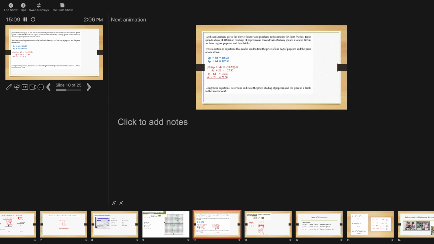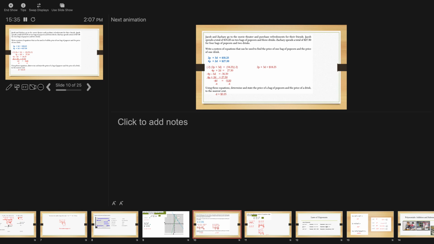Distributing that -2 to the top equation, I get -4p minus 6d is -36.50. 4p plus 2d is $27.50. -4d is -$9, and I get d is $2.25. Okay, next up,